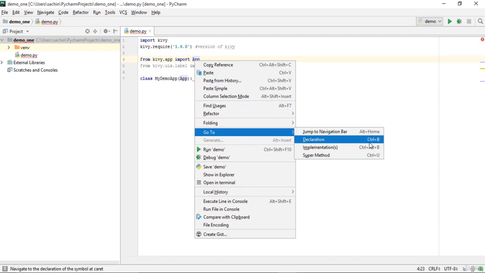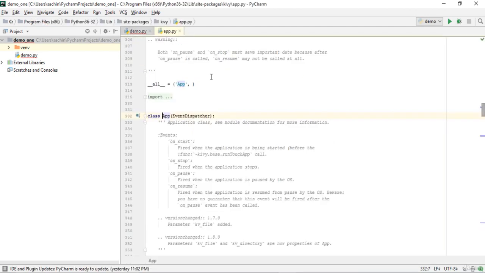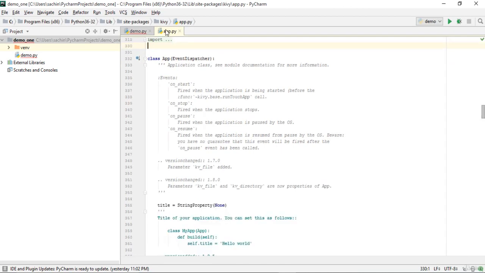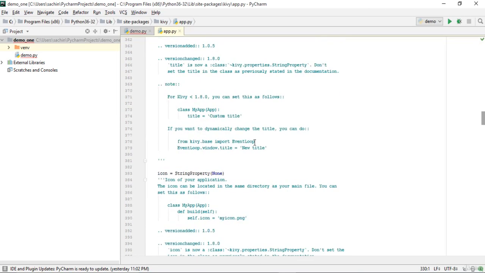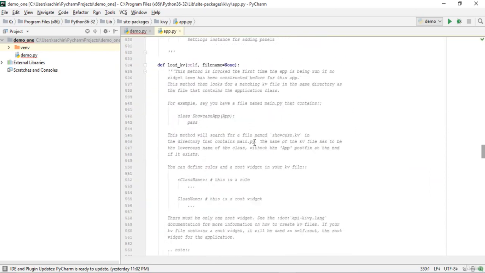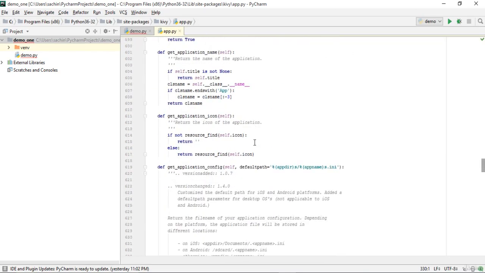Or you can also use the shortcut Ctrl+B in order to see the declaration of this App, and you get a new file called app.py, and you could see a whole lot of code here that is defined by the Kiwi developer.